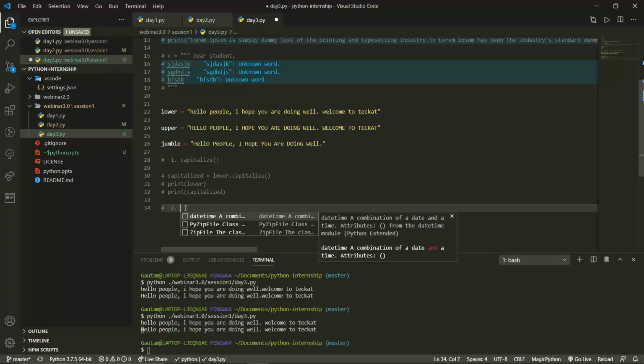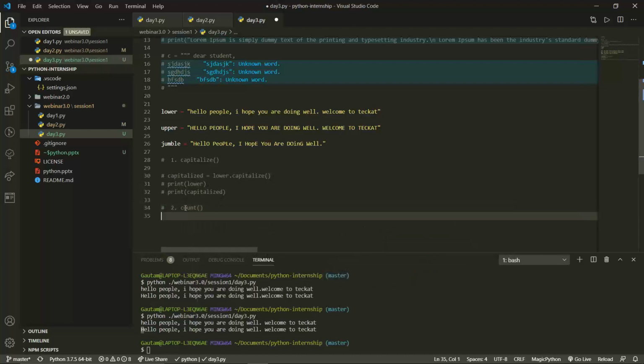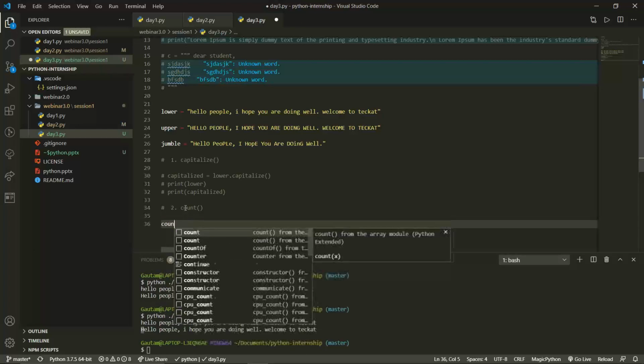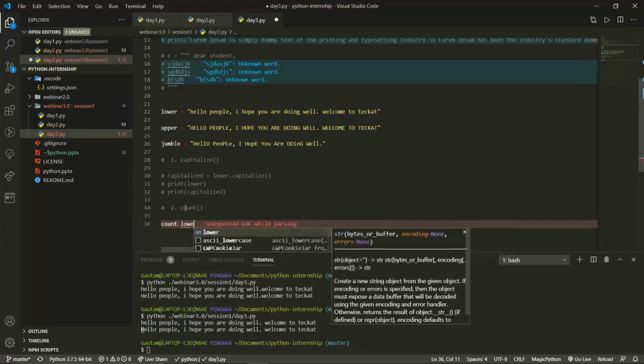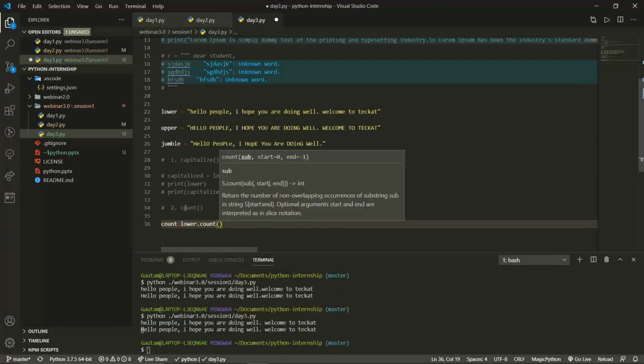So let me comment this, and in the next part we're going to have the function count. Count equals to, and now in the lower only, we will use lower dot count, and inside that we pass in single quotes or double quotes, whatever you want, the value that we want to count.